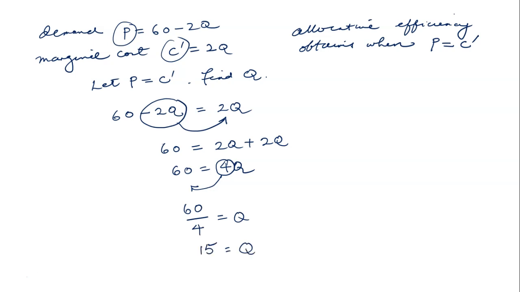Zippity-doo-dah, there's our answer. The allocatively efficient output is 15 units. That's the output that would obtain